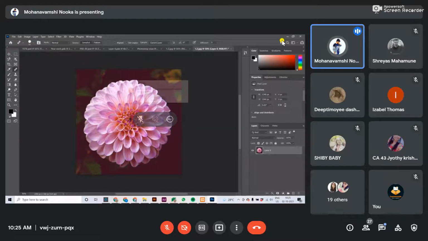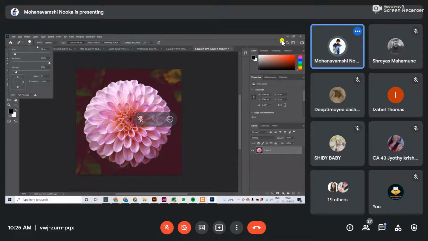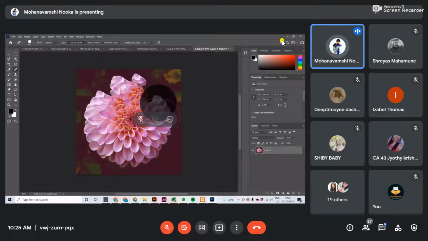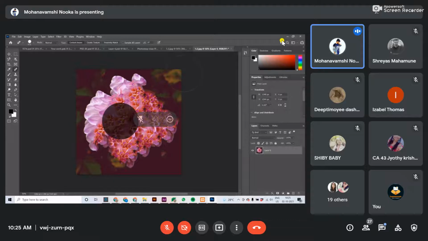Heal options, check it. Select the image. So this is how we use the heal option to remove the unwanted things here.